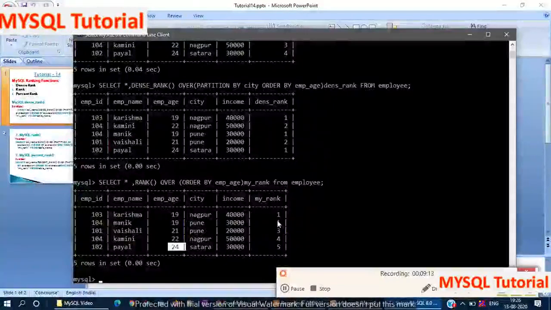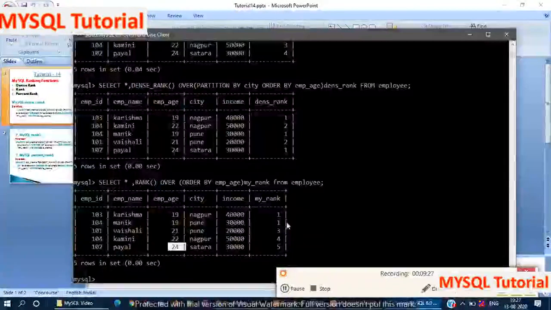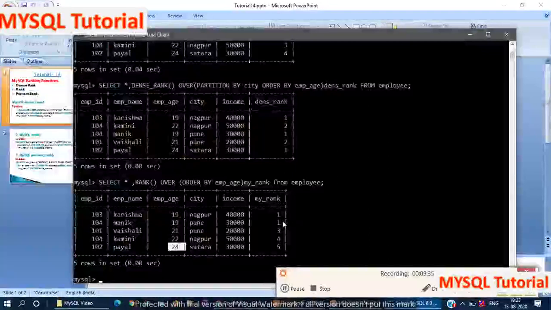That means here the first rank is 1. Again the employee age is the same, that's why it returns 1. But in the dense rank function it returns 2, but here if the employee age is the same, at that time it returns the same rank.